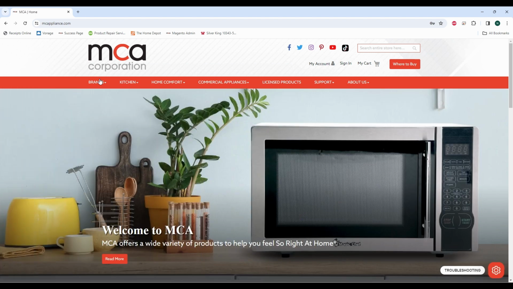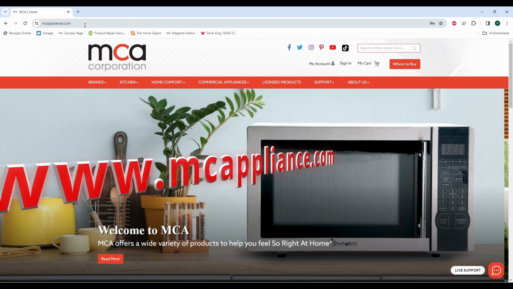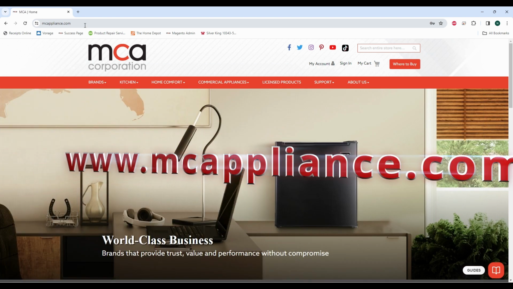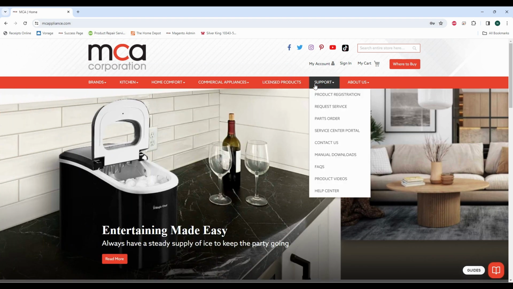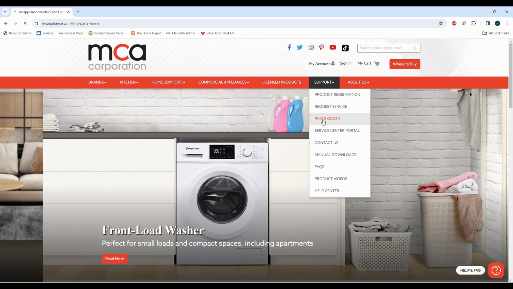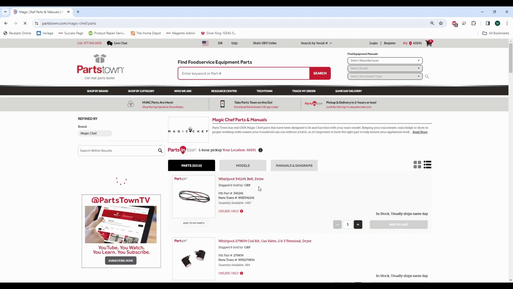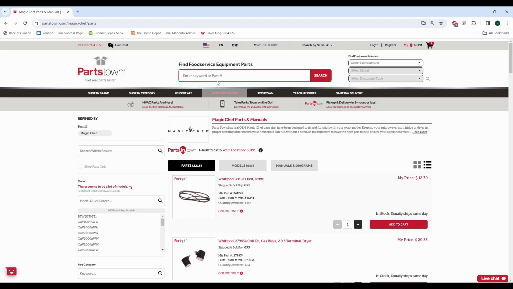If you would like to order parts, go to our website at www.mcappliance.com. Then you'd be able to select the support tab at the top and a drop down for part. Once you select your MC brand, it'll take you to our part distributor, partstown.com. Then you could enter in the model number,